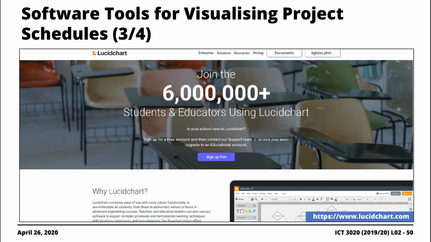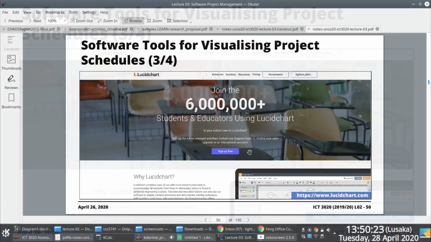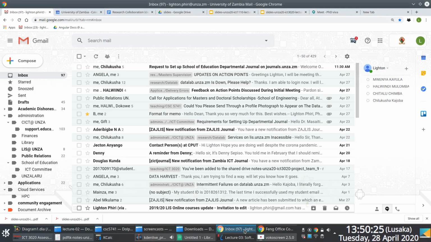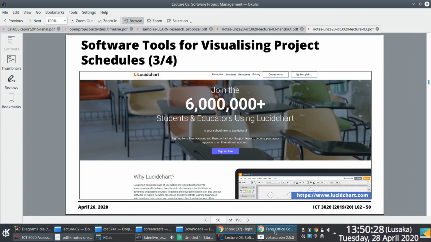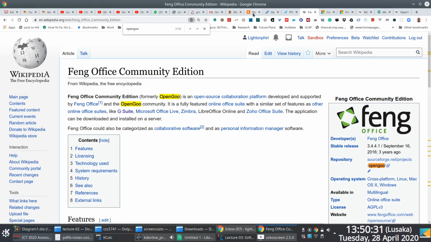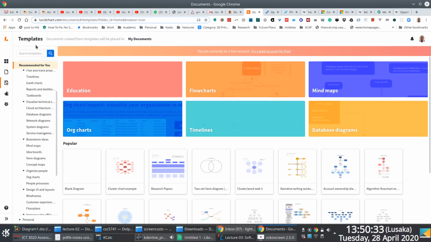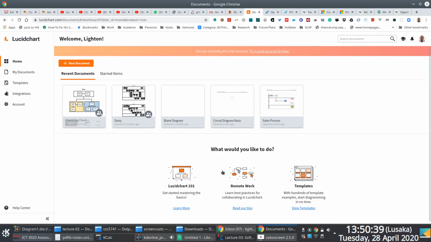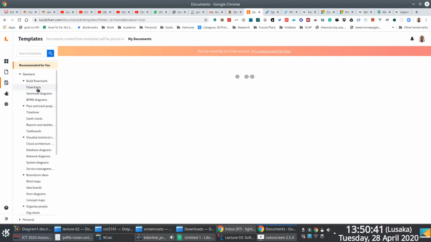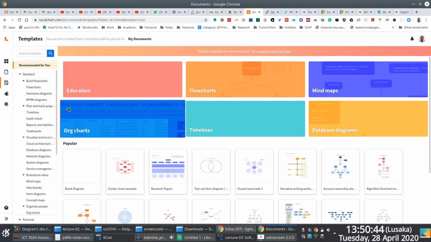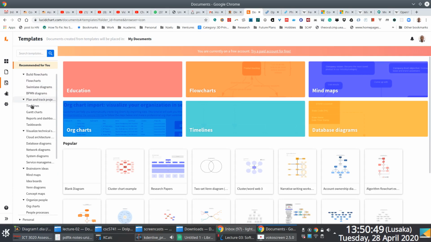But the thing that I wanted to draw attention to is that using our educational accounts, aka our user assigned email accounts, you actually have access to what they call the free tier, right? In case you're interested in how the interface looks, I will quickly navigate to Lucid Charts. So this is the interface, and this is my dashboard here, but if I go under templates, I have access to different types of diagrams that I could create, and among them are